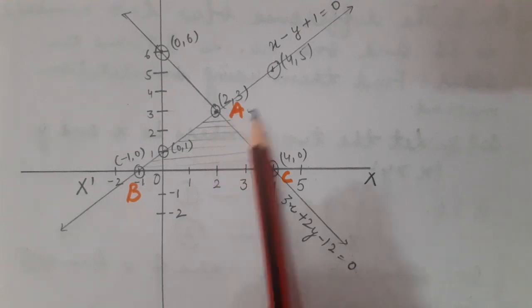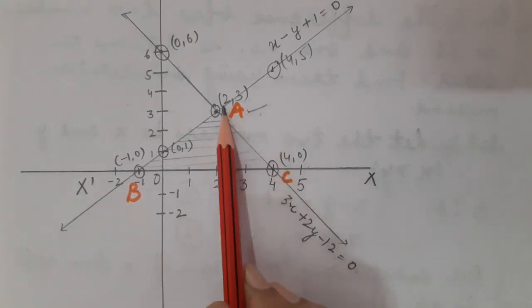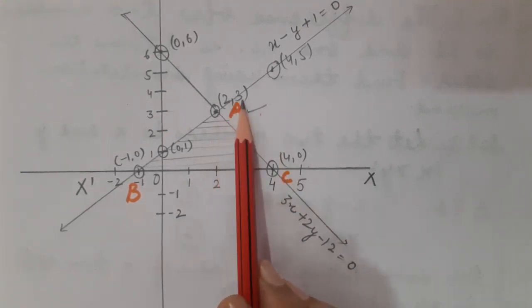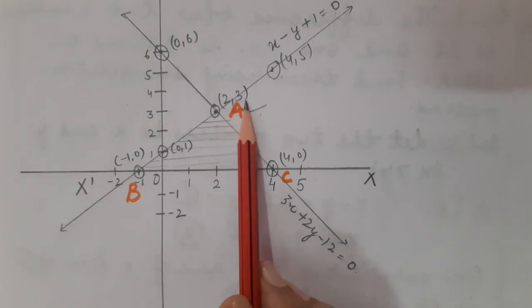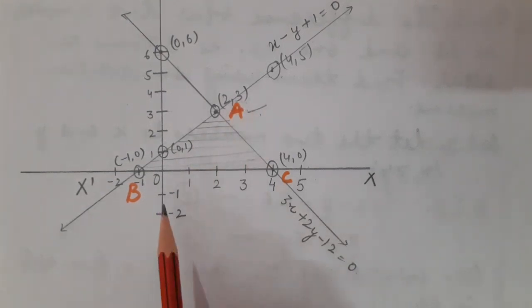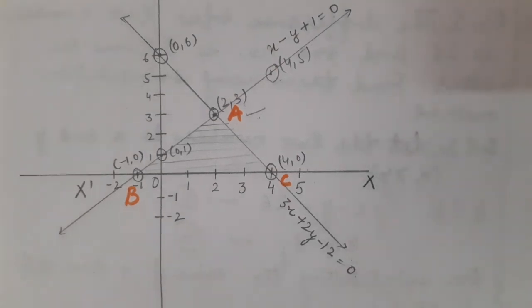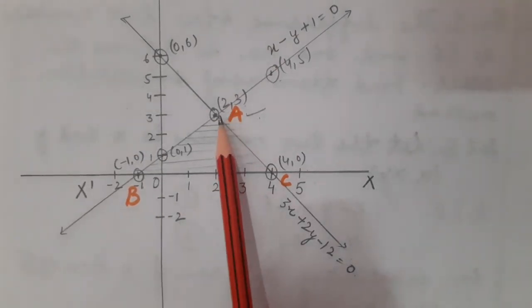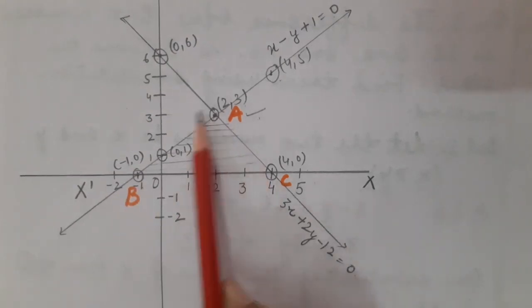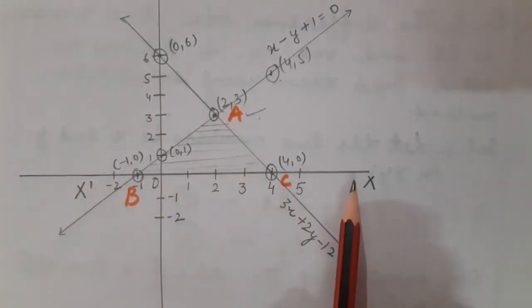Now here, wherever both the lines intersect each other, that very point I have considered as A. And you can easily see the coordinates of point A, that is 2, 3. Clear children? What else is asked in the question? That you have to tell the coordinates of the vertices of the triangle which is going to be formed with these 2 lines along with the x-axis.